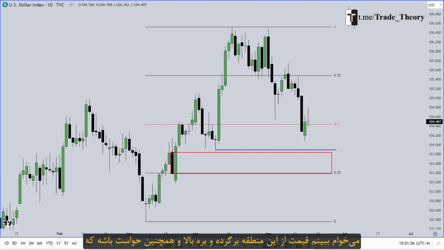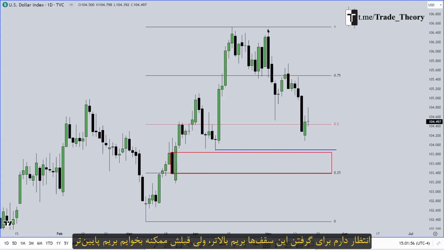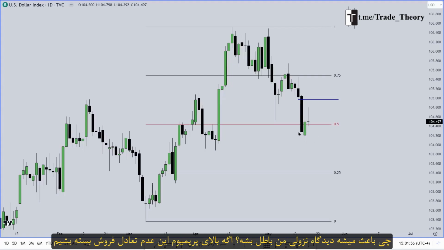Now also notice where this down close candle sits, at the 25 DRT level. I feel that these highs are too clean. My expectation is that we run higher for these highs, but we may want to drop lower before doing that. What would invalidate my bias going bearish is if we close above the premium of this sell side imbalance. Then I would anticipate this sell side imbalance to act as an inverse level and potentially find support to run for the equal highs up here.